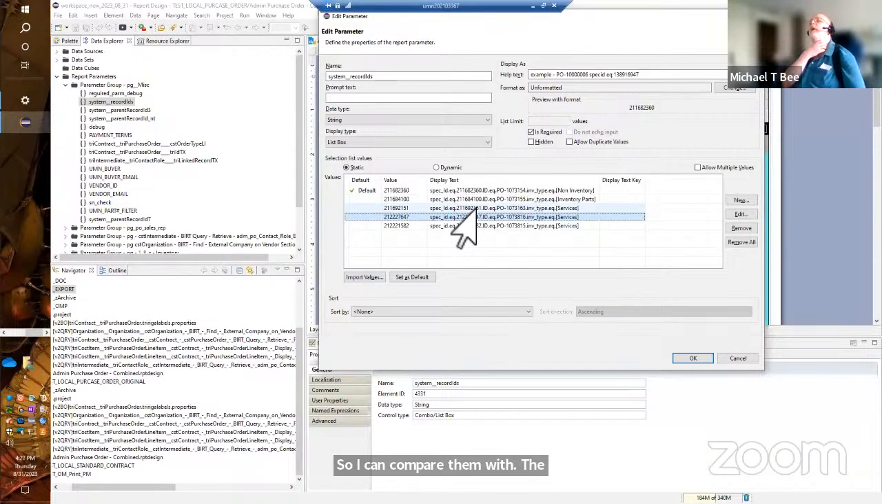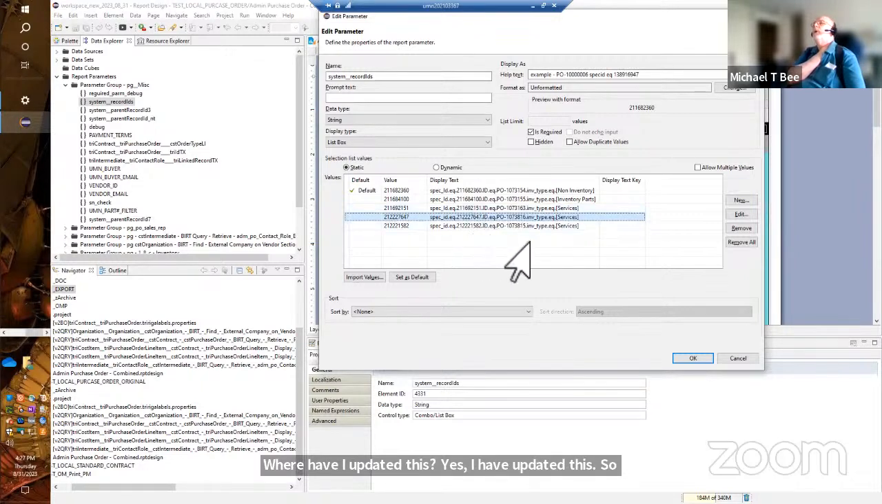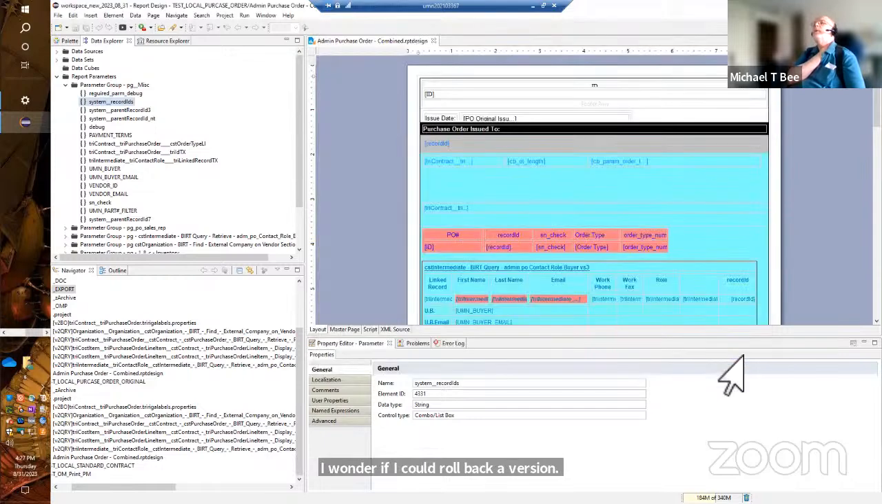I should actually try to roll back now that I've updated this. Or have I updated this? Yes, I have updated this. So I wonder if I could roll back a version. That'd be fun to try. But maybe enough for now. So